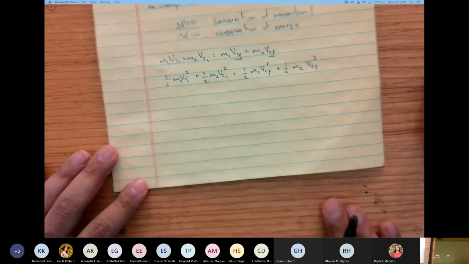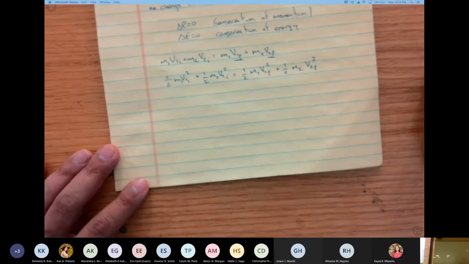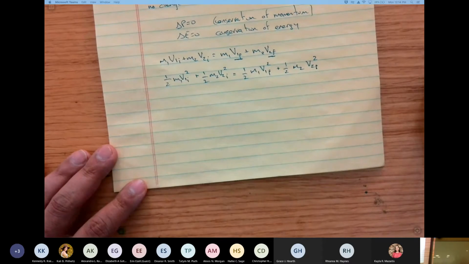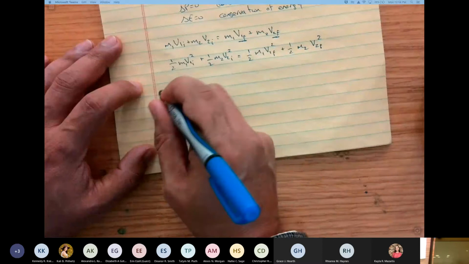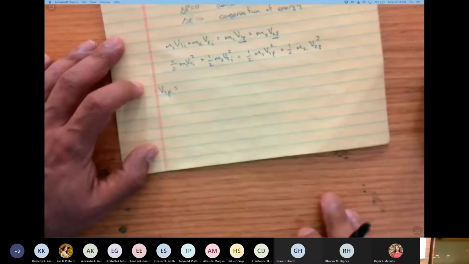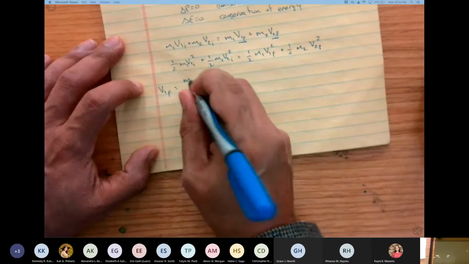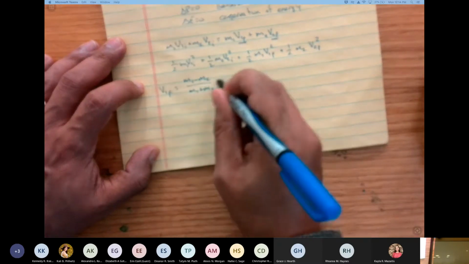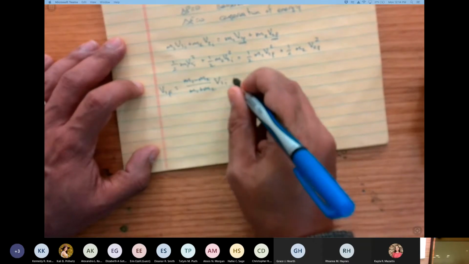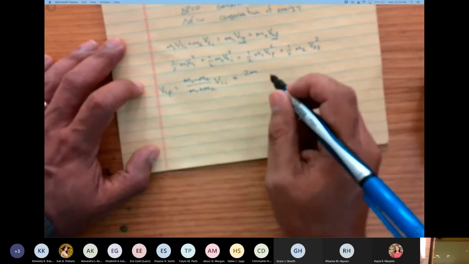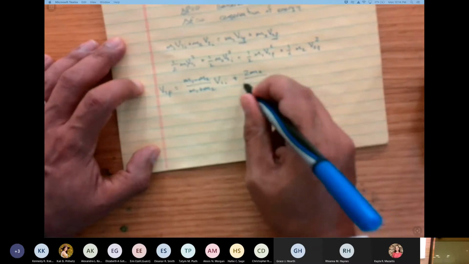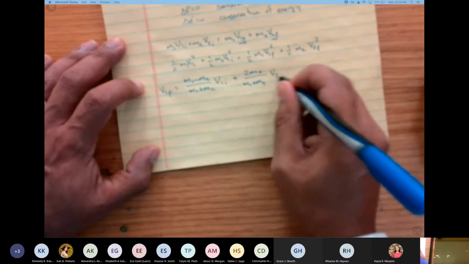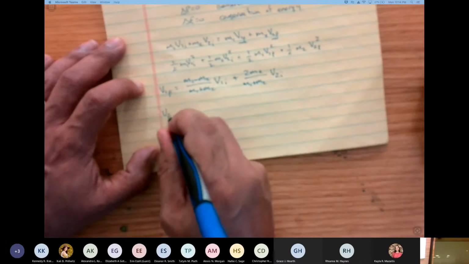So these equations are not in your book. Okay? So make sure that you write them down and that you write them down correctly. For the final velocity of the first mass, we're going to have m1 minus m2 over m1 plus m2 times the initial velocity of 1, plus 2 times m2 over m1 plus m2 times the initial velocity of 2, and the final velocity of 2 will be 2m1